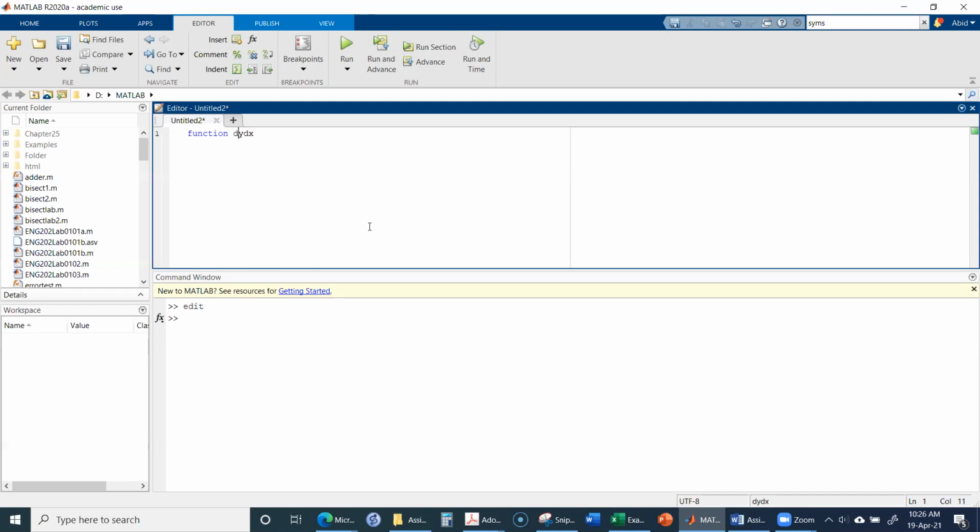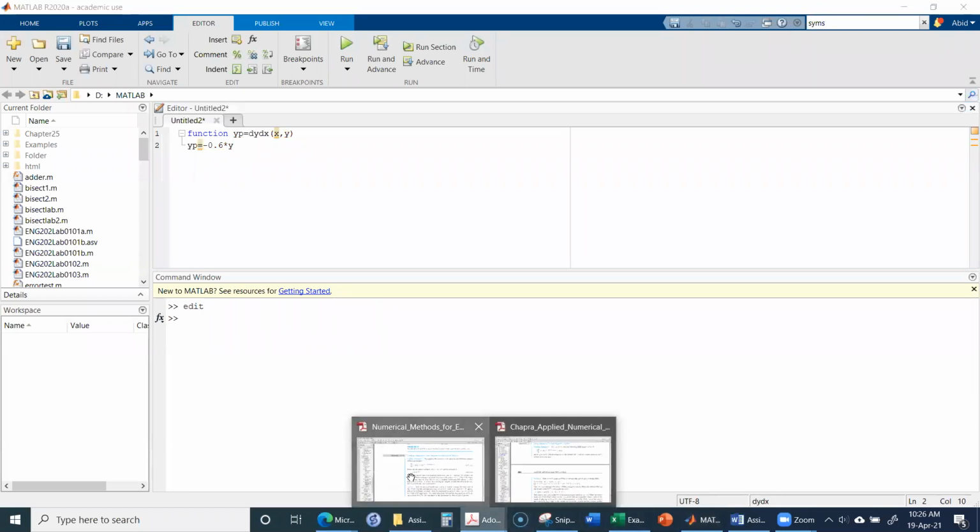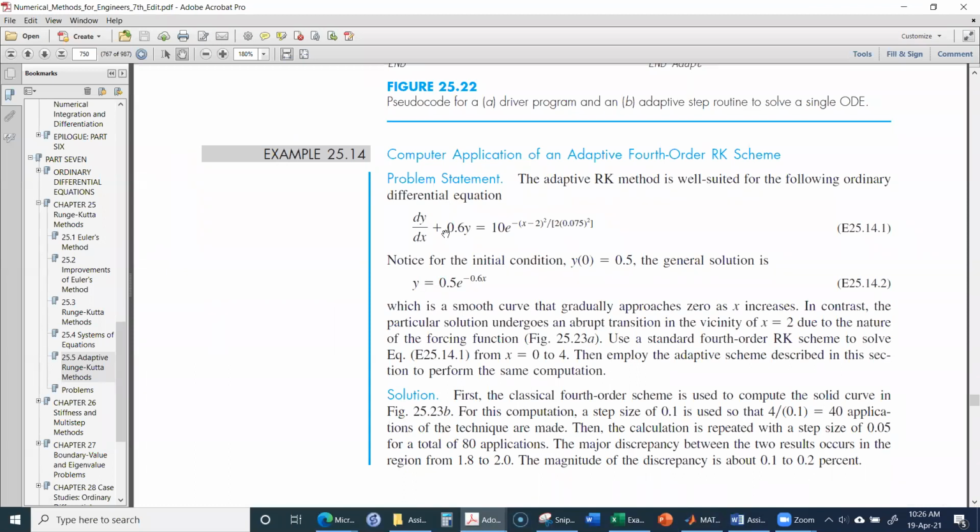So this is the name of the function dy dx, and this function is in terms of x and y. Then I will equate it to yp, that is the predicted value of y. In the second line, I can define the function. So yp will be equal to minus 0.6 times y. Here you have dy over dx equal to 0.6y, we will take it to the other side, so it will be minus 0.6y,